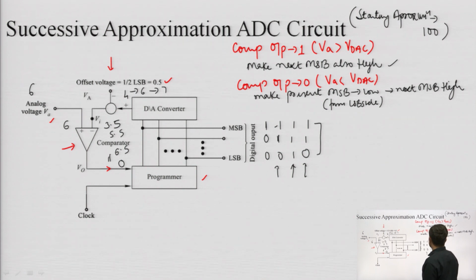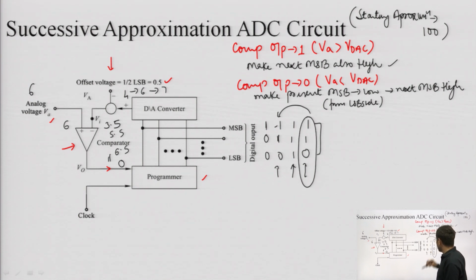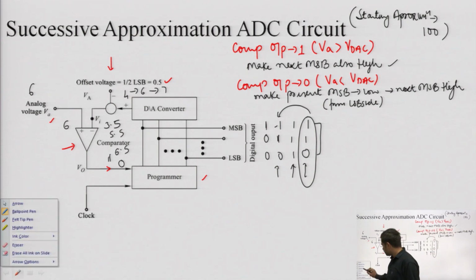Now it can see that this is the replica of the previous stage and the comparator has exceeded this value. So from that point of view, it will stay there and we can check that we have stopped on 110. So for this 110, the counter has stopped counting. So this is the final output. And we can take one more example.